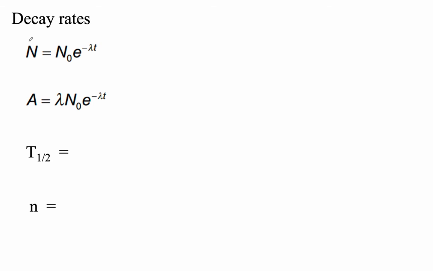Okay, so these are the formulas that they give us in the data packet. These are sort of an odd assortment of formulas. I might have chosen some different ones. Notice that they're kind of redundant, right? This one is for decay rates. This is the original amount, how much you have at time t,